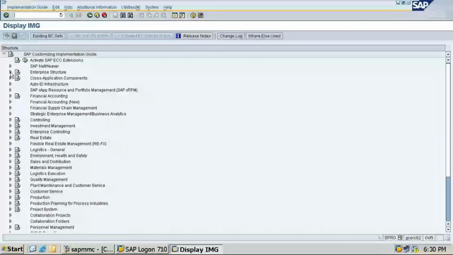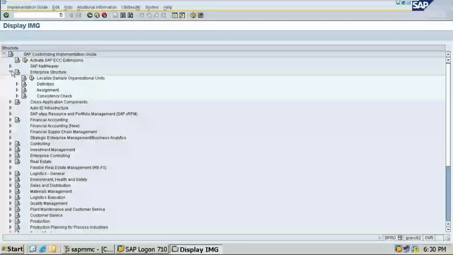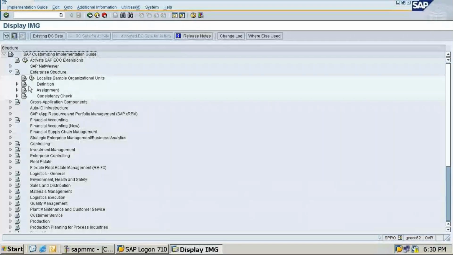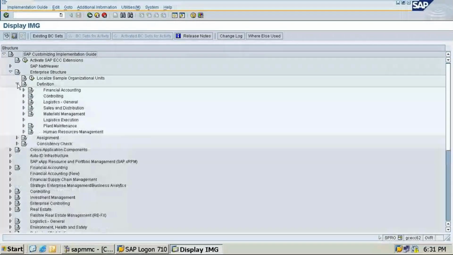Here, if you click on the triangle, then go to Definition. Then you have to go to Financial Accounting. Then you have to do Define Company.